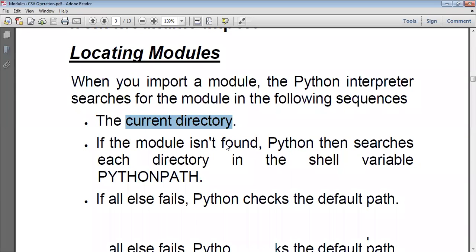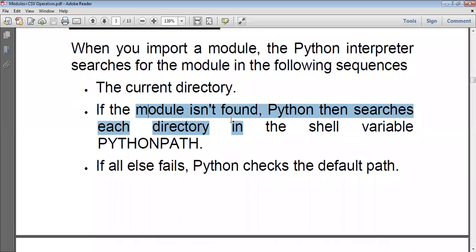Next, in case the module is not found in the current working directory, it will search each and every directory in the variable called PYTHONPATH. There is a shell variable called PYTHONPATH, and inside this it will check all the directories, whether the particular module is available or not.